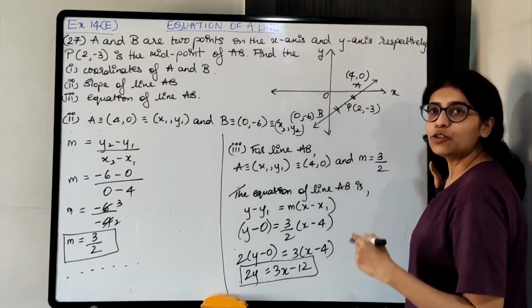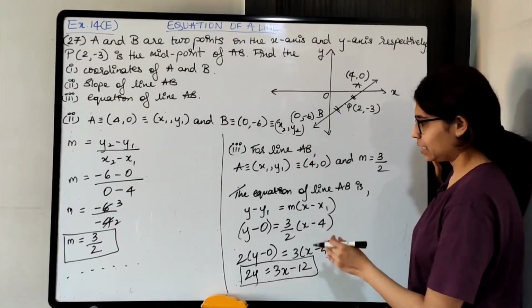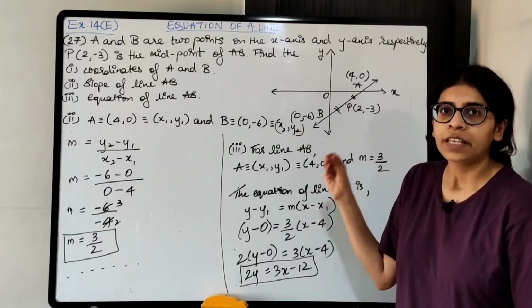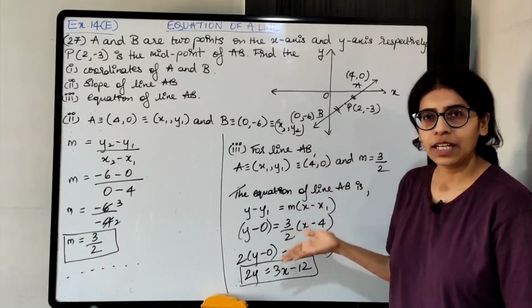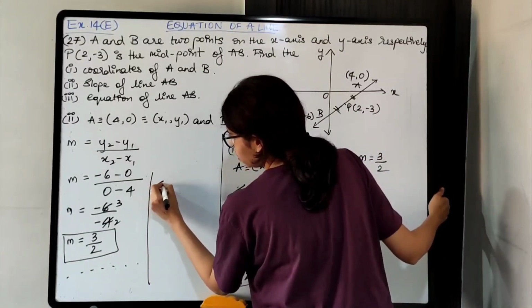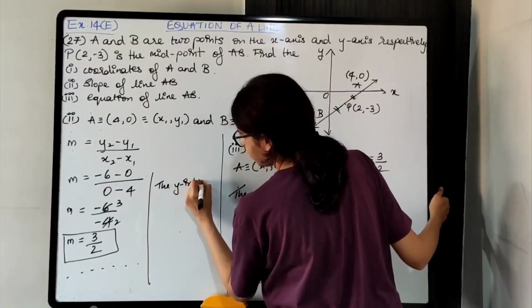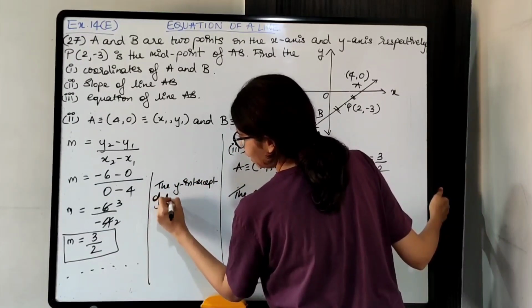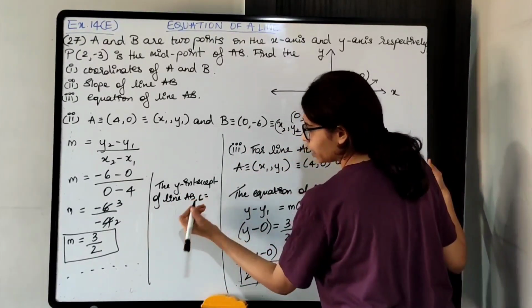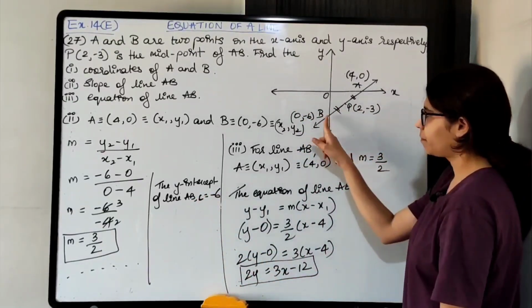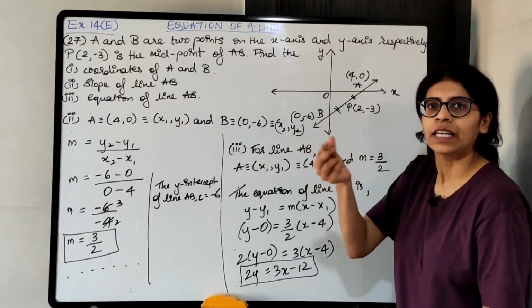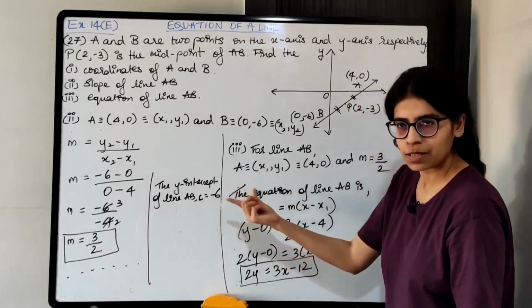Okay. If you use the slope intercept form, this is the point slope form, right? एक पॉइंट का कोऑर्डिनेट्स यूज़ किया एंड स्लोप यूज़ किया. इफ़ यू यूज़ स्लोप इंटरसेप्ट फॉर्म, देन ऑल्सो यू विल गेट द सेम इक्वेशन. ओके. सो इफ़ यू आर यूजिंग दैट, देन यू हैव टू राइट डाउन द y intercept of line AB, c, right? c is y intercept, so it is -6, right? 0, -6 पे कट कर रहा है, तो y कोऑर्डिनेट -6 है, दैट इज द y इंटरसेप्ट. ओके. सो c is -6.